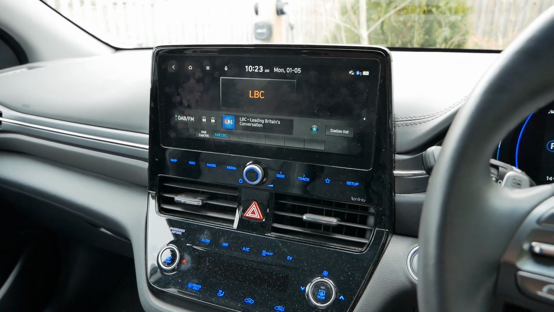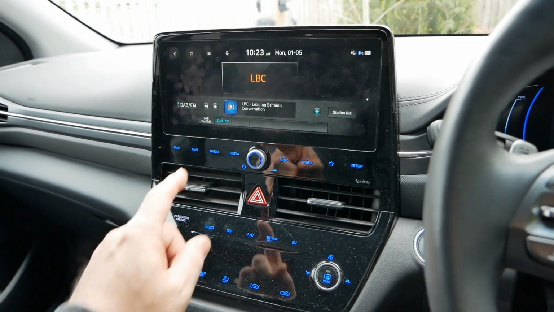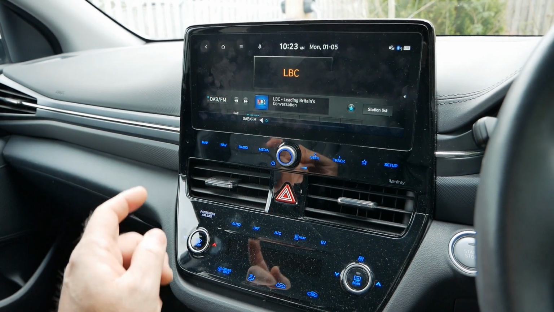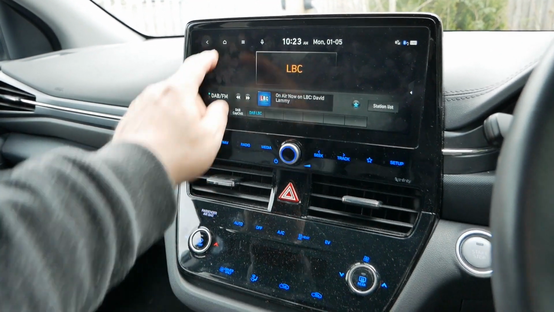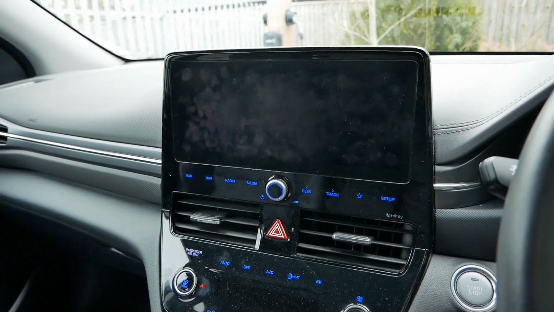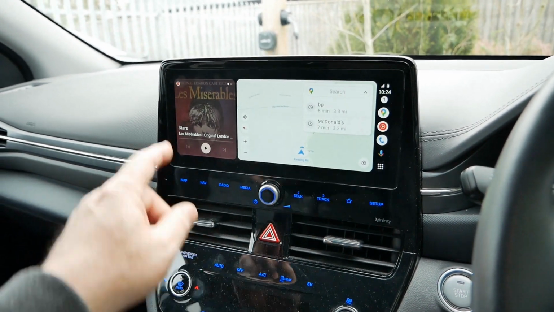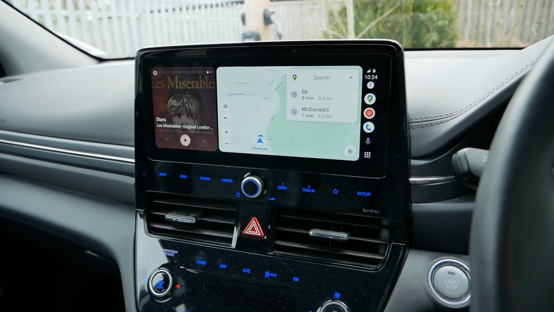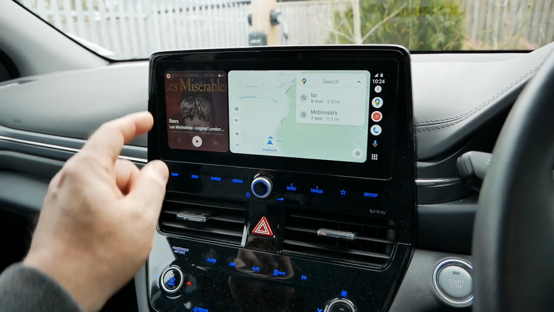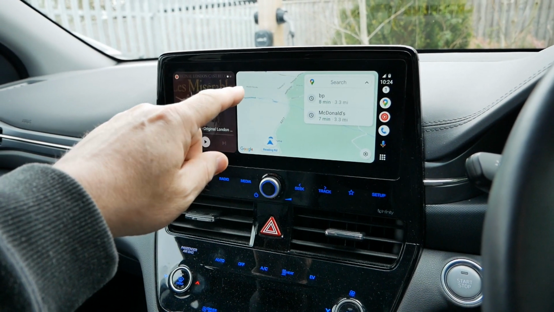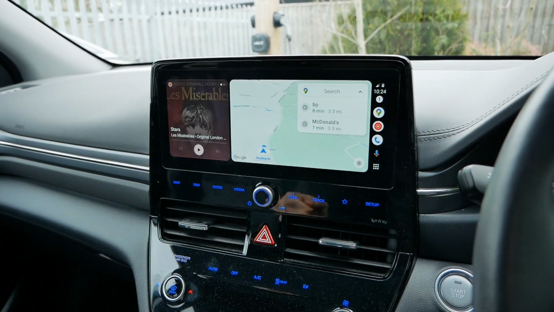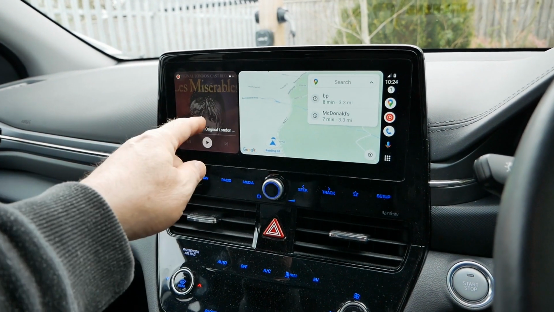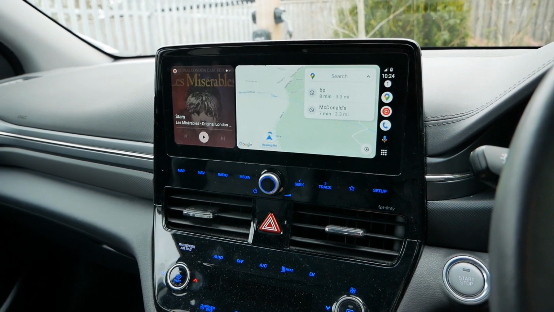So at this point, we've still got the radio playing, which you can hear. If I go to the menu by pressing home and then press Android Auto, it will load Android Auto, and you get the Android Auto media player, which in my case is YouTube Music there. However, there is a setting that you can default it to automatically start playing when Android Auto switches on, which I've got unticked, because otherwise that will straight away override the radio that was playing before.